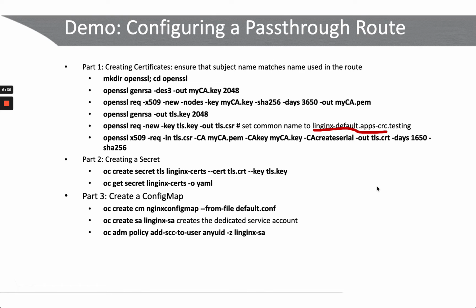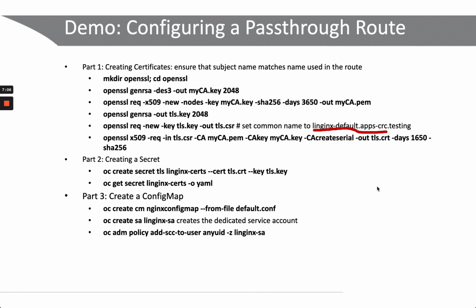So I need oc new-project default. And okay, I already have a project default, oc project default. We are going to use the project default. And oc get all is showing what's currently inside. There is not so much inside, but if my application name is linginx-default.apps-crc.testing,